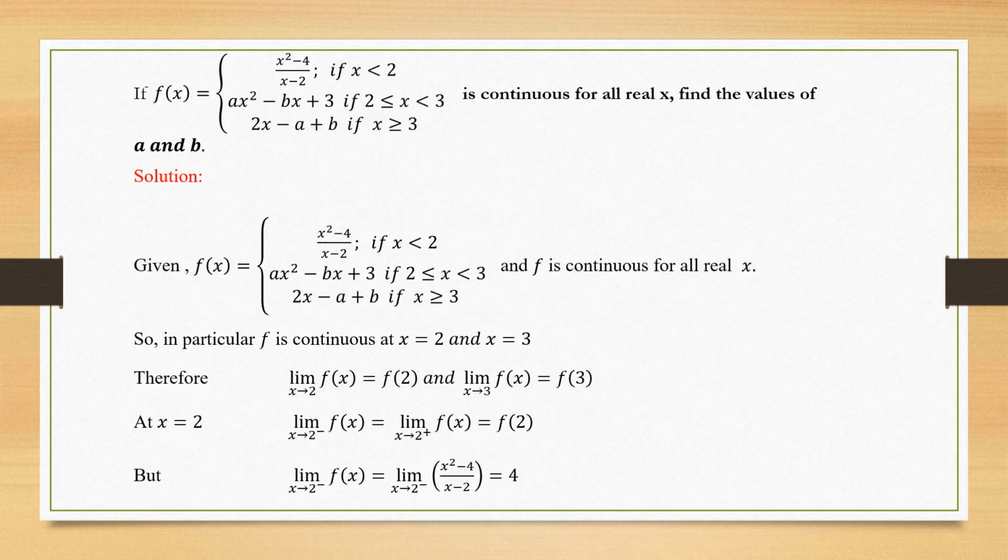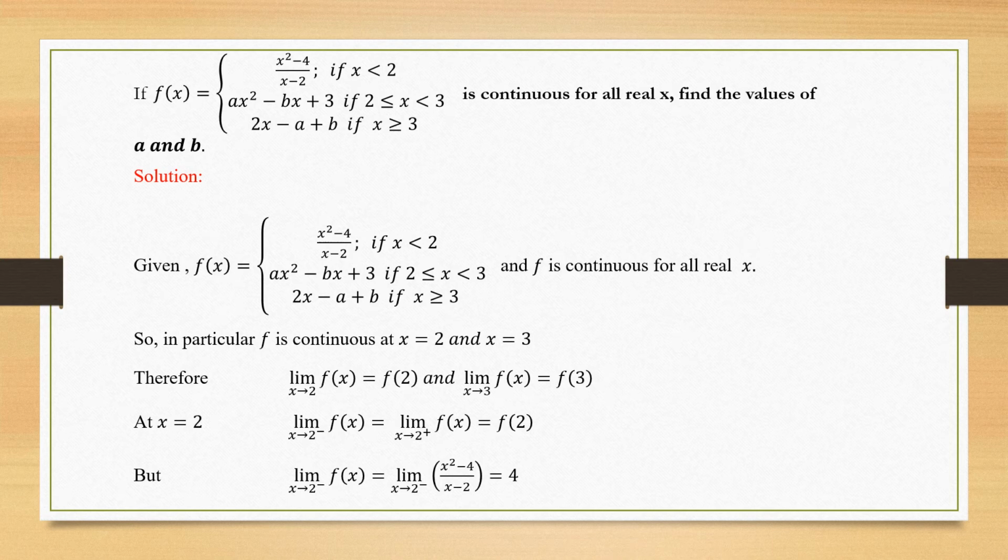So now this problem is quite interesting and it's very important. What do they actually try to mean? They've already told you the function is continuous. So you know what continuous functions are. For continuous functions, the left limit and the right limit will coincide. This is the basic understanding of continuous functions. So they say that f of x is continuous for all real value of x. Find the values of a and b, right? So we have to find the values of a and b, which is inside the breakup functions.